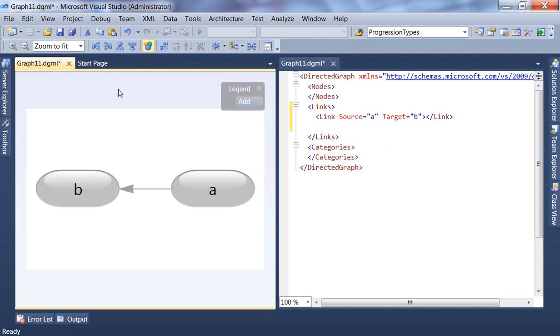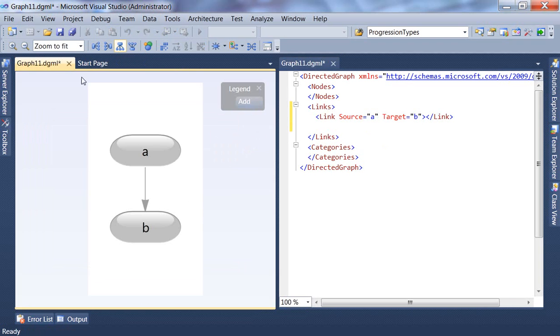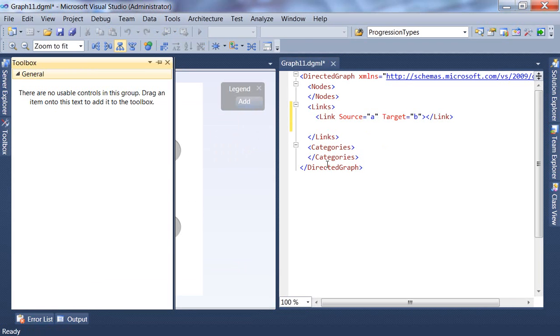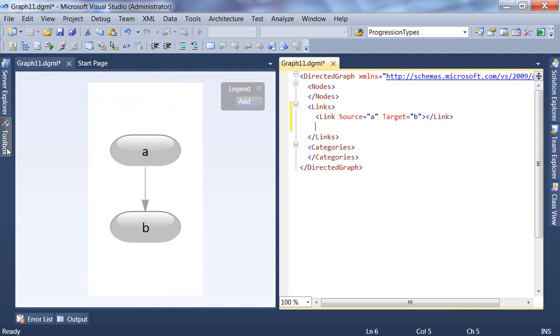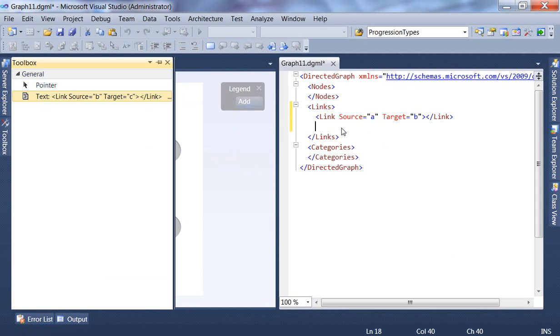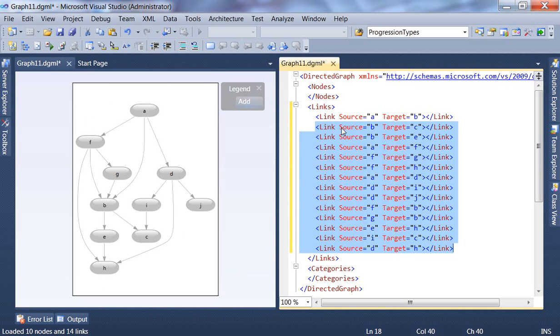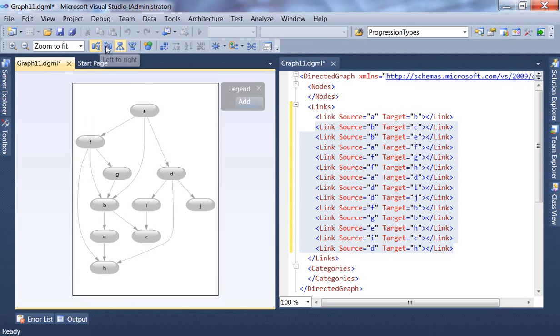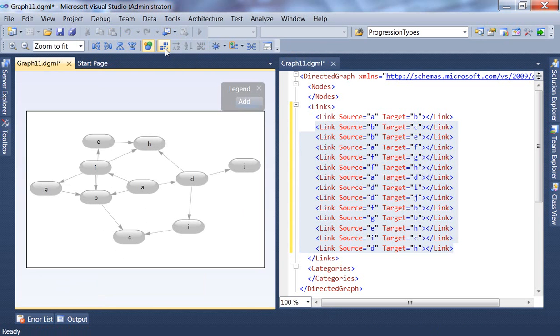Here we see the visualization of that graph. Let's view it as a tree. On the toolbox here, I've put some more data so we can build up a graph quickly. What does that look like? Okay, here's the visualization. And again, you can look at that in different layouts, left to right, force directed, or